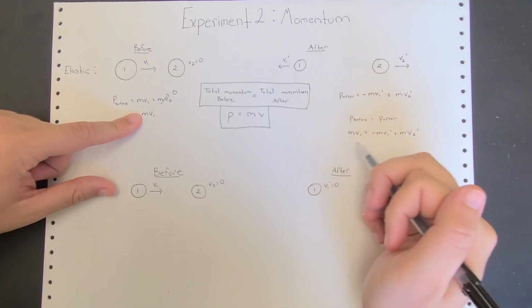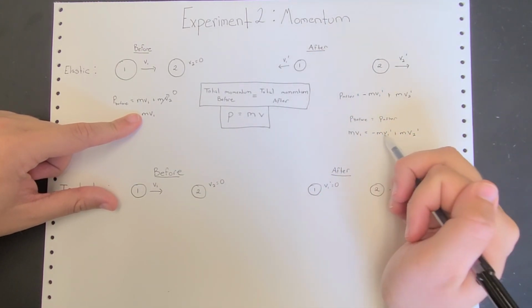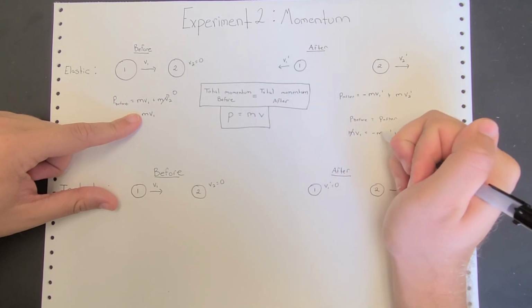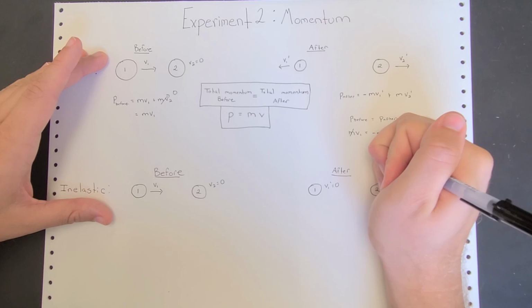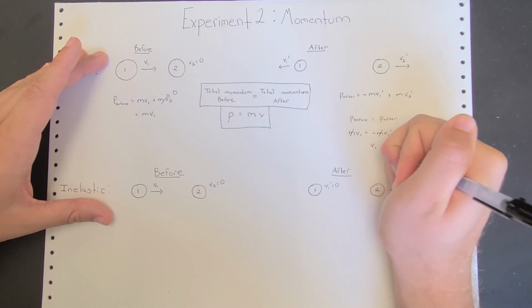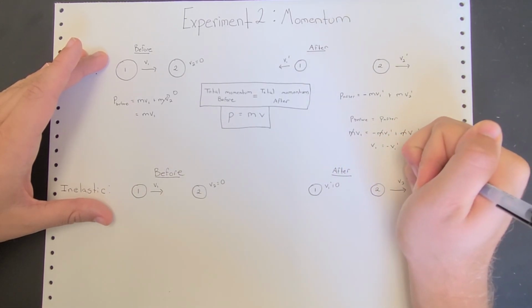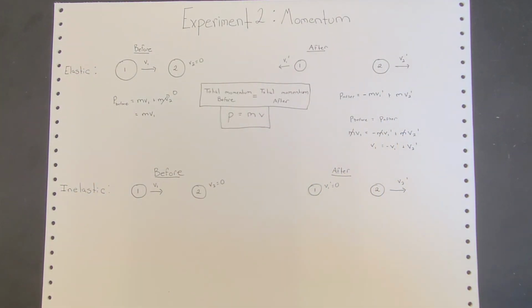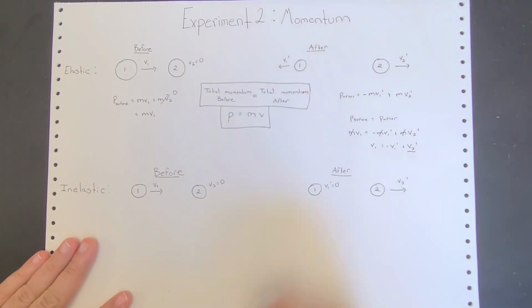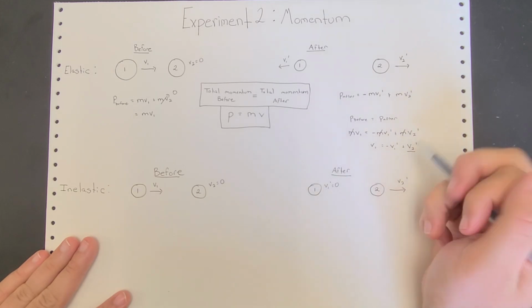All right, we can see that all of these have the same mass, so we can cancel the mass out, just divide both sides by m. And so what we're left with is v1 is equal to minus v1 prime plus v2 prime. And then if we remember, what we're looking for here is v2 prime. So if we solve this equation for v2 prime,